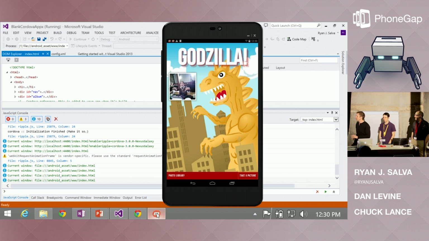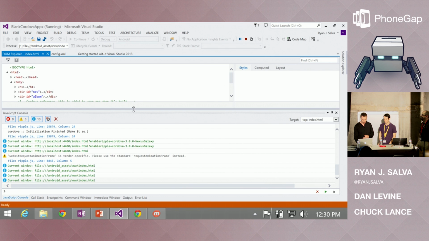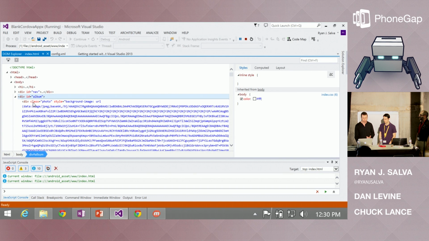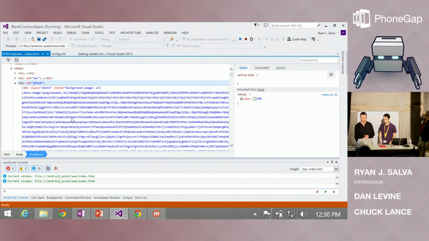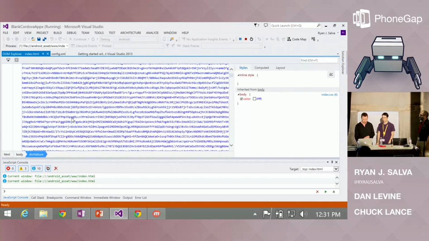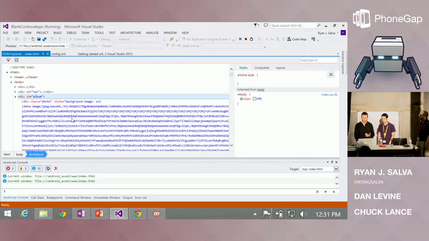All right. So this is clearly, other than your impression of Godzilla, no heroic achievement of code or anything like that. But really what I wanted to show here is that deploying to an attached or a tethered device is pretty gosh darn easy. And once you're there, you can come back in here, and just like we did with Ripple, you can still use the exact same debugging tools that you used elsewhere. In this case, I happen to put the base 64 encoded image in there, right? But I can make changes in here. I can change stuff just like I would anywhere else.